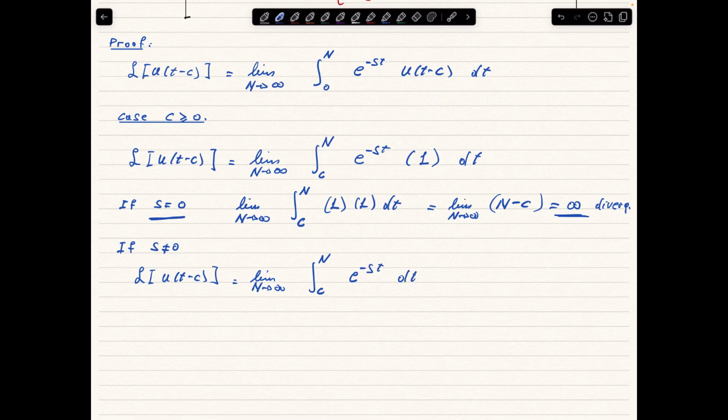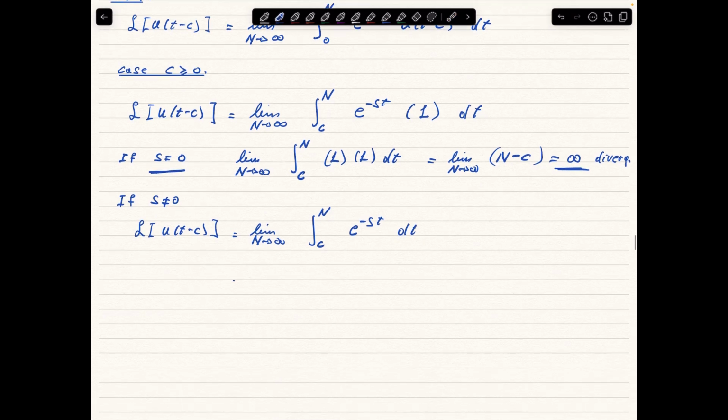Now we can do the integral because s is different from 0. First we compute the limit as n goes to infinity, then 1 over minus s. You see, s has to be different from 0 so we can do this calculation. And then we have the same integral evaluated at